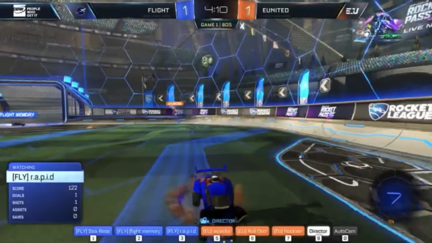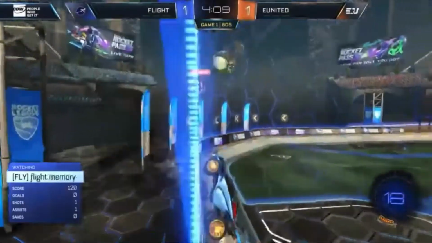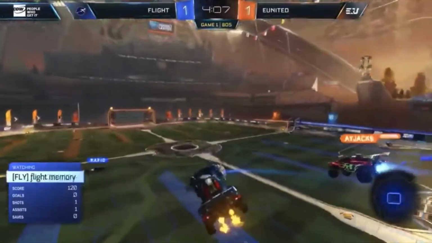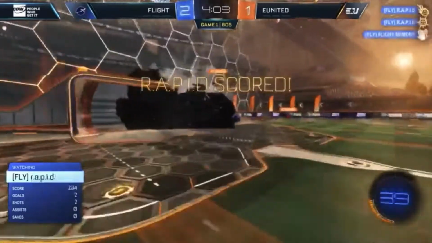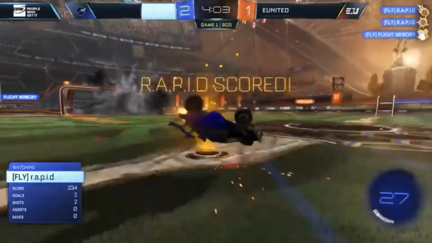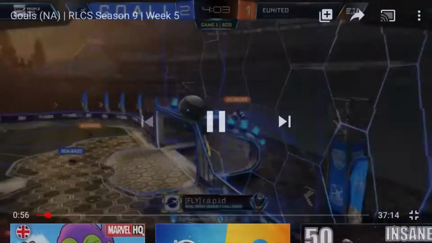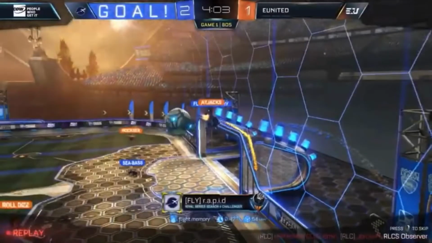This ball in the back corner then now. Ajax looking to continue this pressure here on the Flight defence. A good win on the clear there by Memory, and Rapid sticks home his second of the game here, restoring Flight's lead. This is a good clear out by Memory there, but as you see here, the position of the